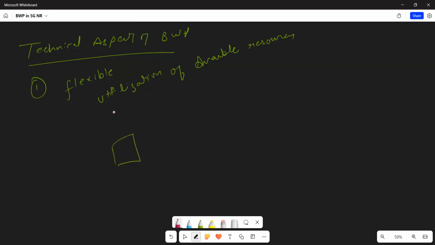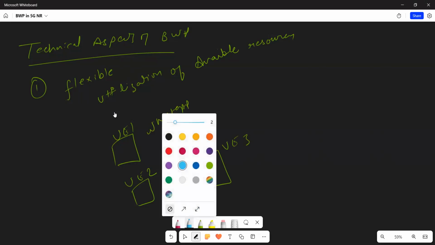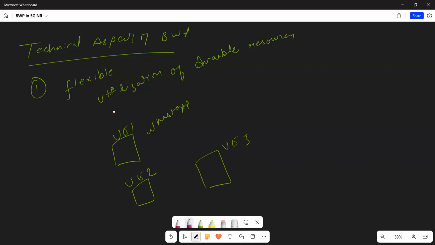So let's say this is UE1, this is UE2, this is UE3. So UE1, let's say, is using WhatsApp, and UE2 is using your Netflix. UE3 is on, say, a VoIP call, right? So let's say you have this complete bandwidth and you have 4 BWPs,